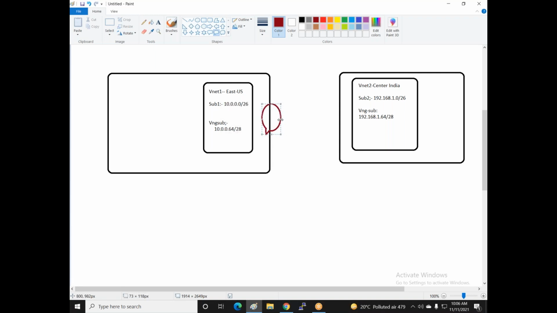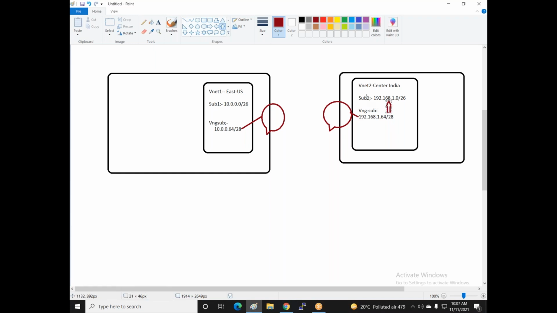Now we have created a VNG also; this is my virtual network gateway. This is my VNG, and I create a VNG in both regions. This VNG uses this subnet for communication to this VNet, and this subnet for communication to this VNet. And this VNet to this VNet is also connected with each other.